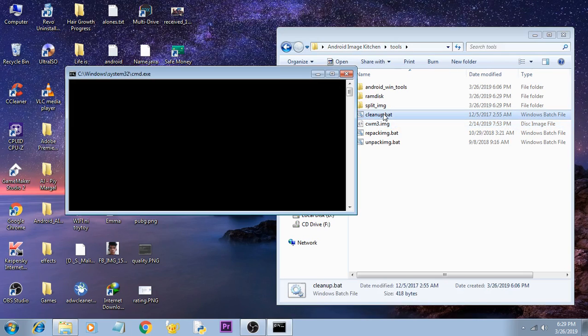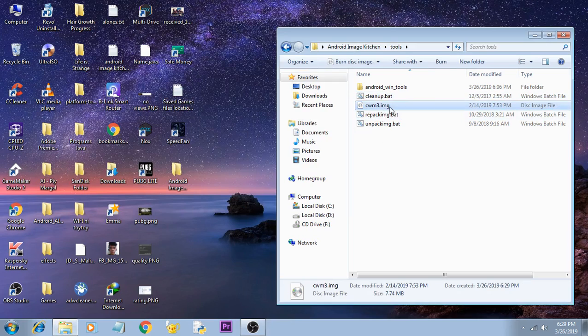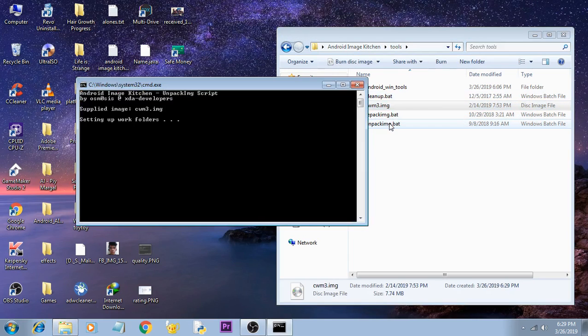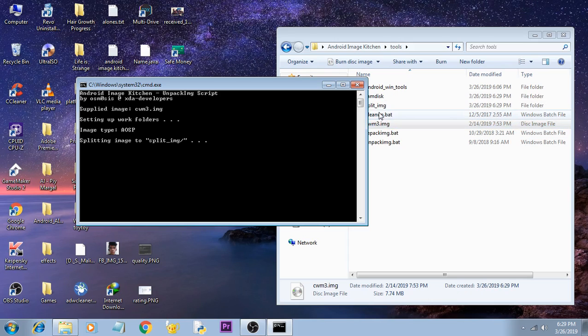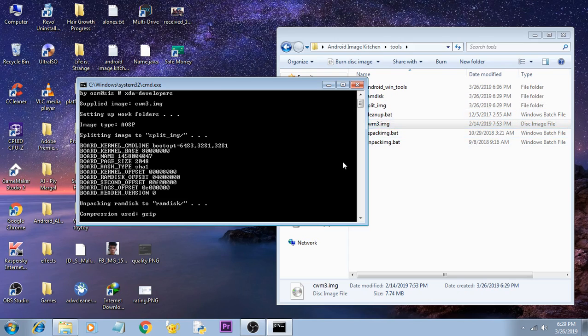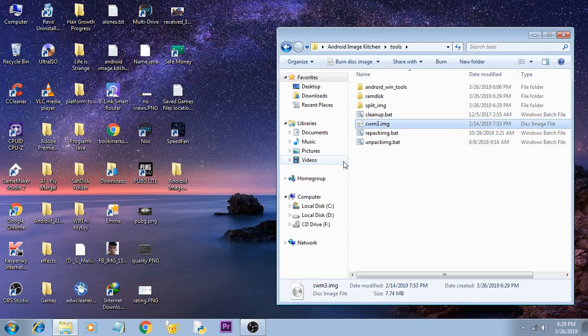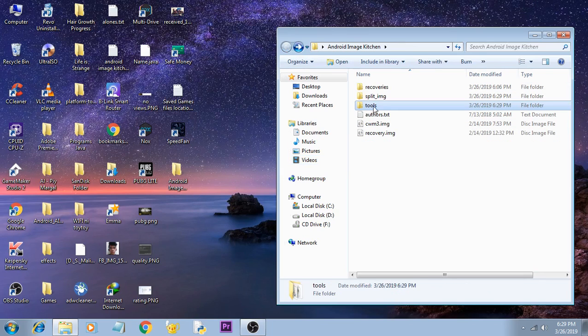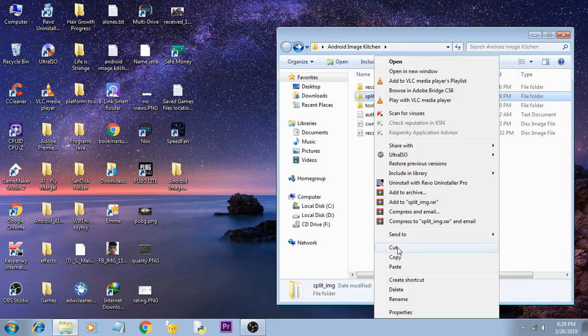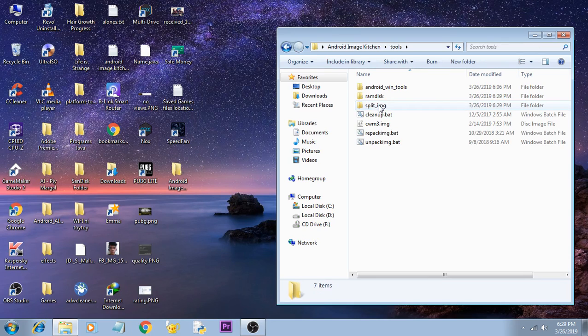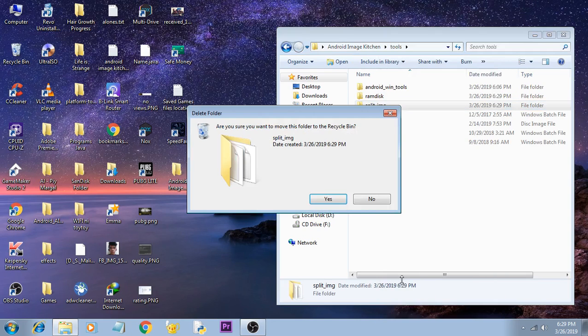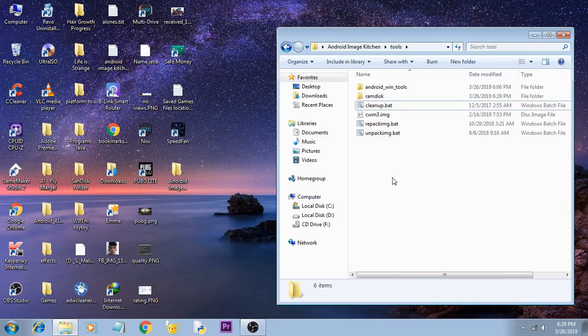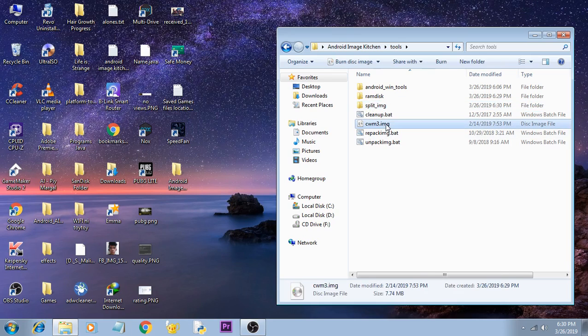But first, click the cleanup and then drag it into unpacking.bat. Wait for a moment, and then I'll just press enter here. And then press back, copy the split underscore image, go to tools, delete the split underscore image from your previous unpacking of CWM or custom recovery, and then paste it in here. Delete the CWM,